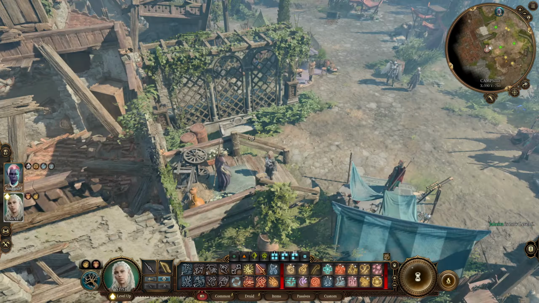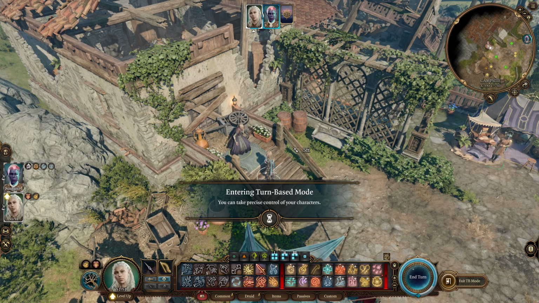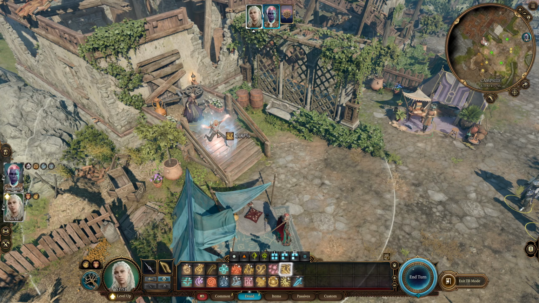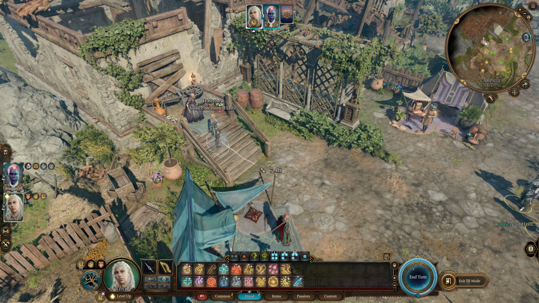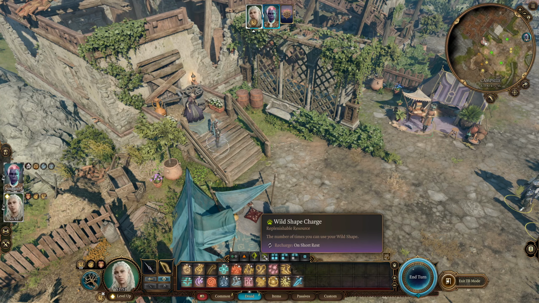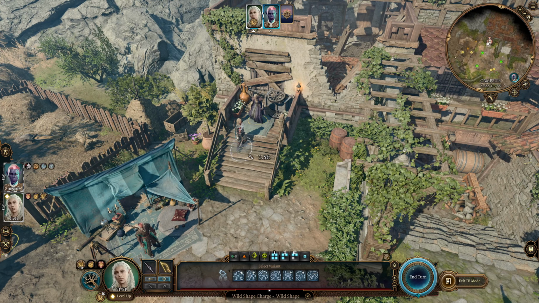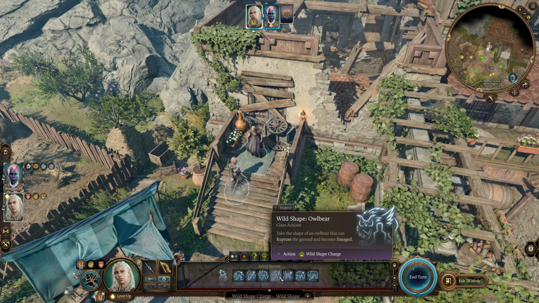So, let's imagine that we're entering combat. I'm going to go into turn-based mode here. What we can do is cast Haste on ourselves, which is extremely powerful in this game because in Baldur's Gate 3, it gives you just a whole extra action. This action can be used to cast additional spells of any level, or, more importantly for us in this case, Wild Shape. The Circle of the Land Druid doesn't Wild Shape as a bonus action, but with the extra action from Haste, we can Wild Shape into an Owlbear